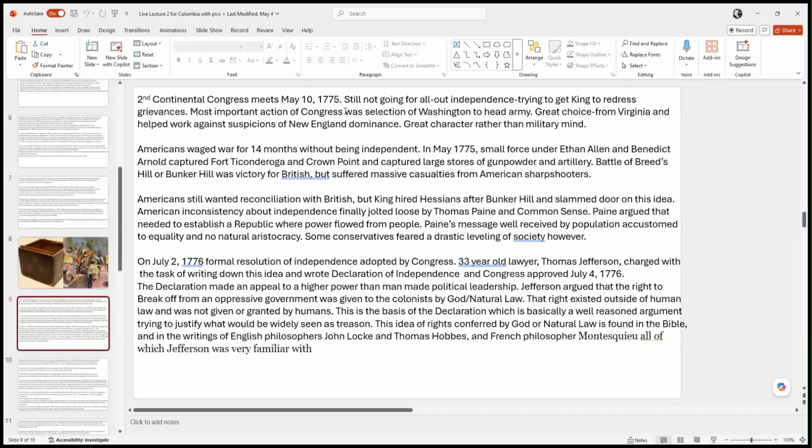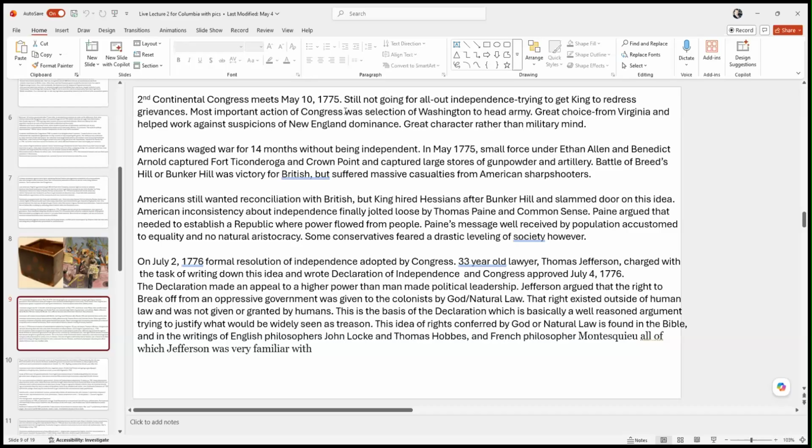As this goes on, eventually the Continental Congress, the Continental Government, decides that they're going to have to declare independence from England. They'd been fighting this war for a while without doing that. But they decided they needed to make basically a declaration to the world as to why this was happening and why they thought they had the right to do this. Because basically it was an act of treason. The colonies are revolting against their mother country. So they had to find basically some kind of a justification for this.